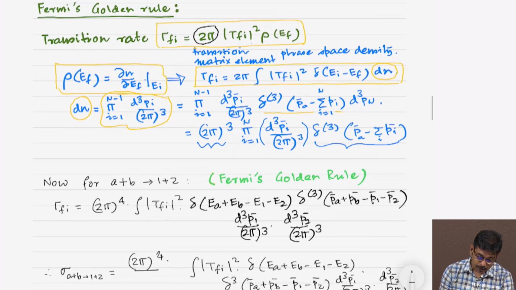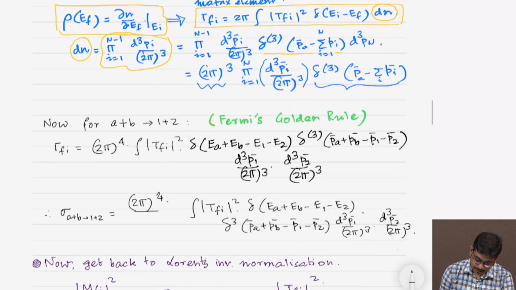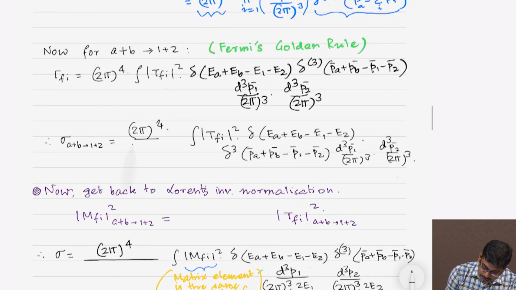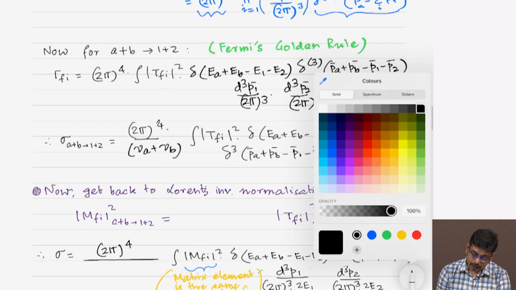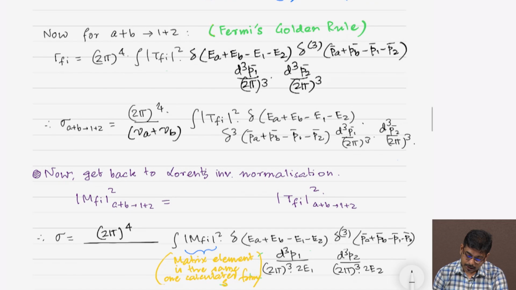It is easy, because we have already seen that sigma will be gamma Fi by Va plus Vb. So, therefore, this will be 2 pi whole to the power 4 divided by Va plus Vb into integral of T Fi square delta of Ea plus Eb minus E1 minus E2 delta cube of the momenta, with this phase space